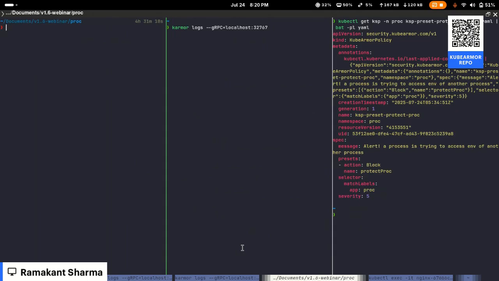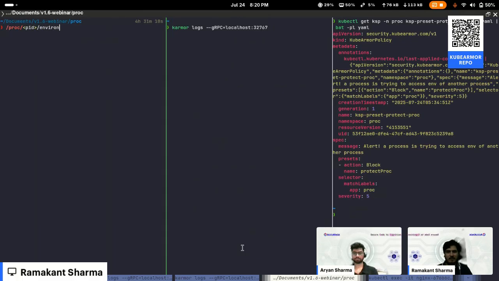Jumping to the next preset, which is protect probe. It is a more constructive preset of protect env, which just protects a particular path, which is PID environ, that carries the environment variables of a process. But with this preset, what it does is